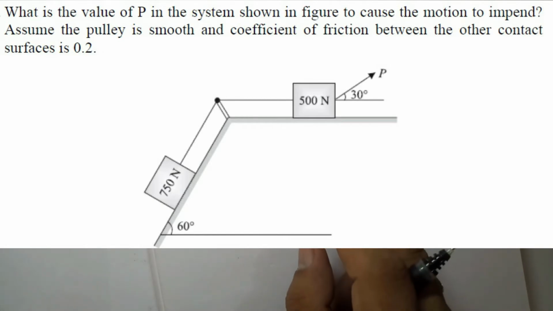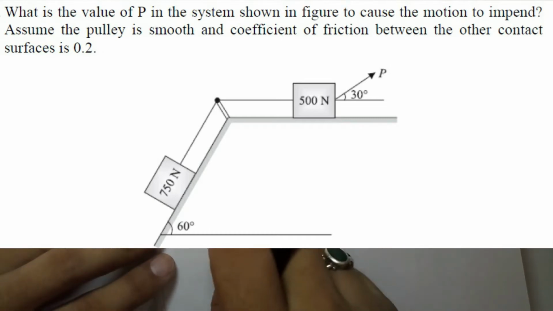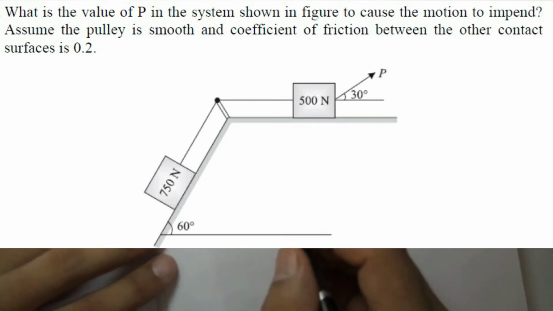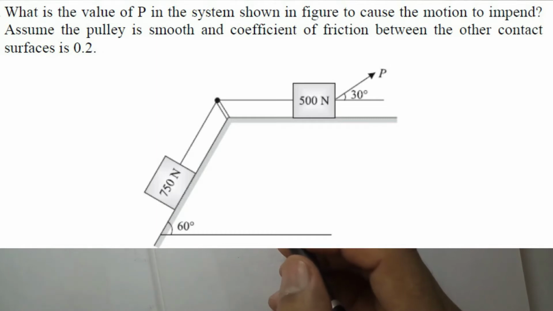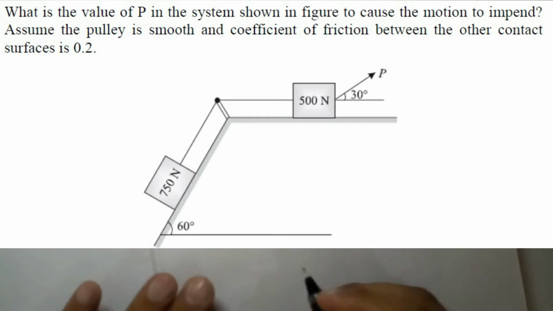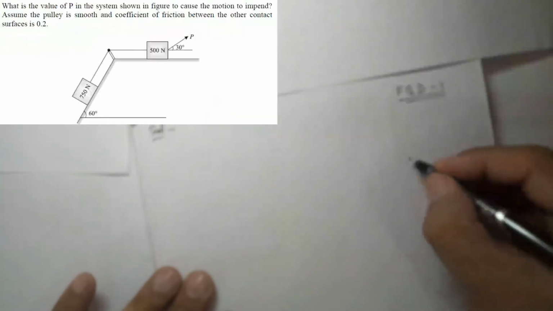So we have the value of the coefficient of friction. We have to find out the value of P, which is to be calculated. In this there are two objects. You can see, to find the value of P we need the tension in the string, because the two objects are tied with a string. So to calculate the tension in the string, we have to solve for the first body separately and then the second body separately. So we will draw the free body diagram for object 1, the object on the inclined surface.